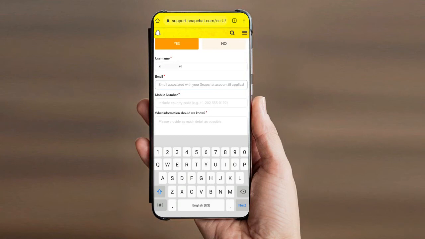If you don't remember that address, you can enter any other email address. All right, and then you have to enter the mobile number that you have with you, that you are using. All right, that you can access. So enter your mobile number,